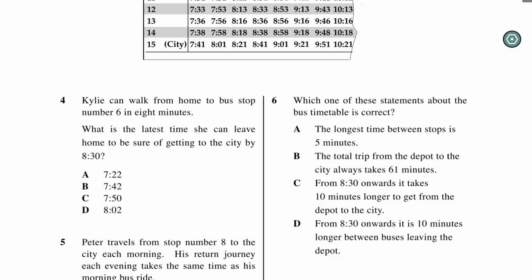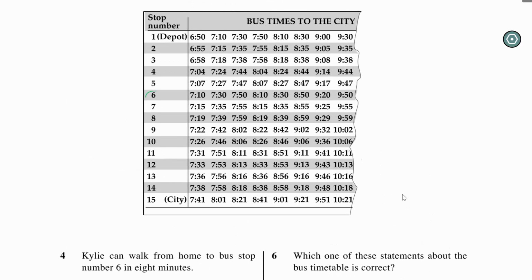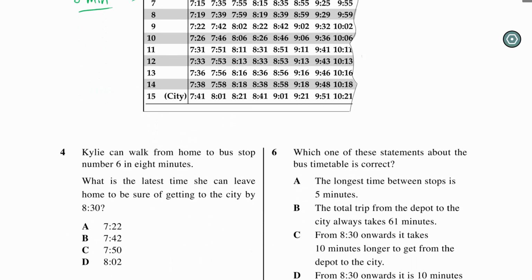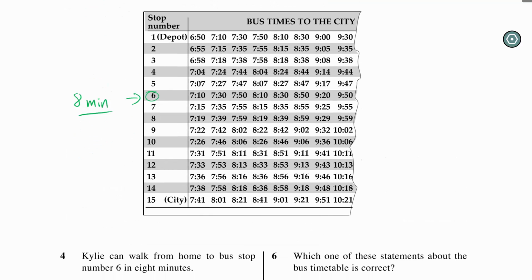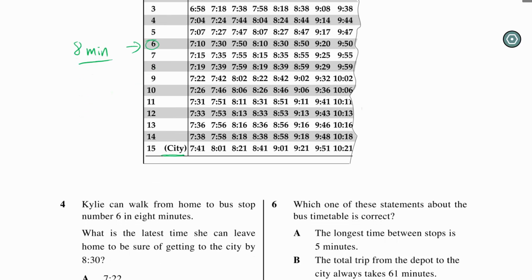So she can get to bus stop number 6, which is over here, in 8 minutes. What is the latest time she can leave to get to the city by 8:30? The city is stop number 15, and the latest she can get there, according to the question, is 8:30. So we're going to use 8:21, because if she arrives at 8:41, she's going to be too late. So using this time here, 8:21,